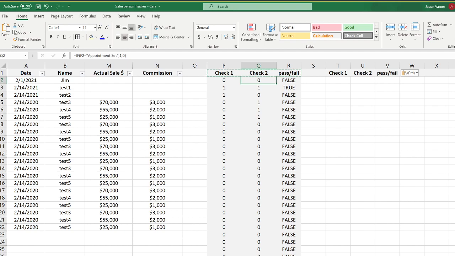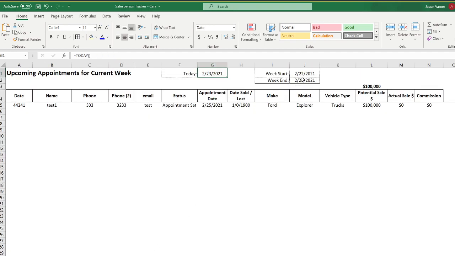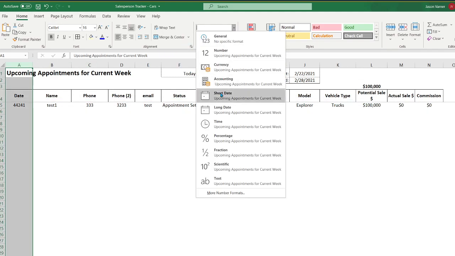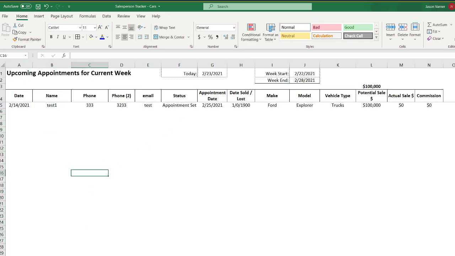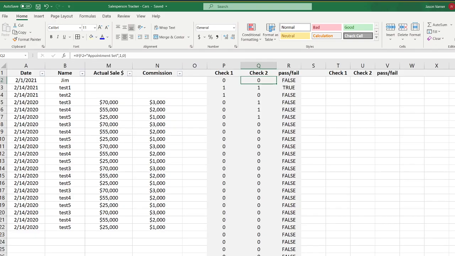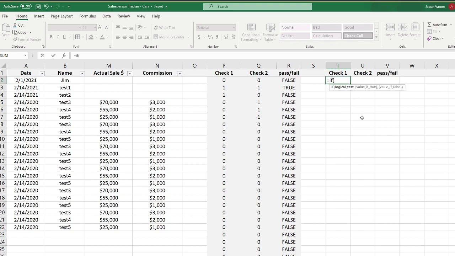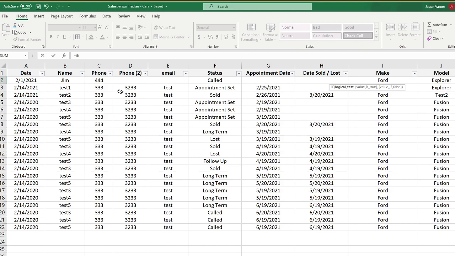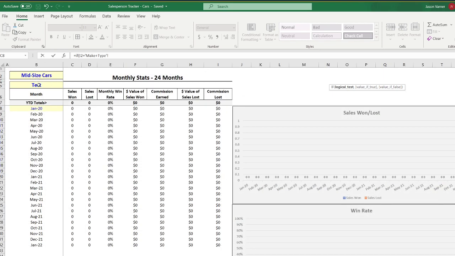And right, that was for upcoming appointment. We check the start week, end week, and if it's marked, oh, we got a date here. We got a format. And if it's marked as an appointment set. So this is going to check. The first check is if we only want things if the make equals this make,